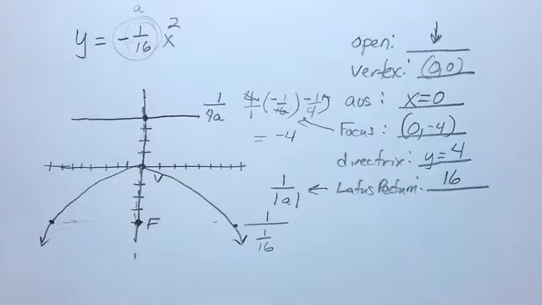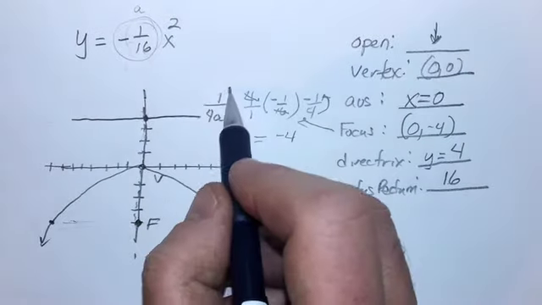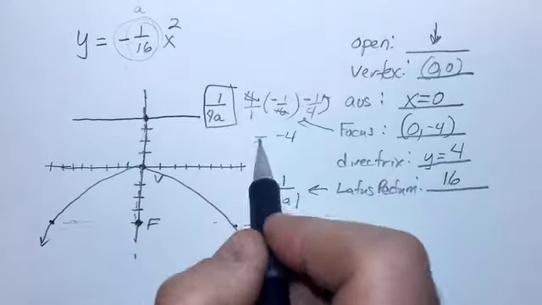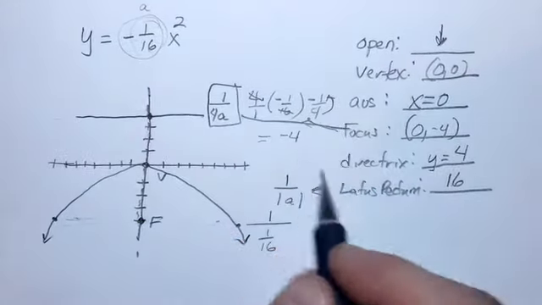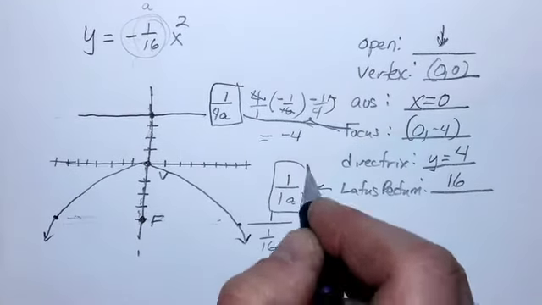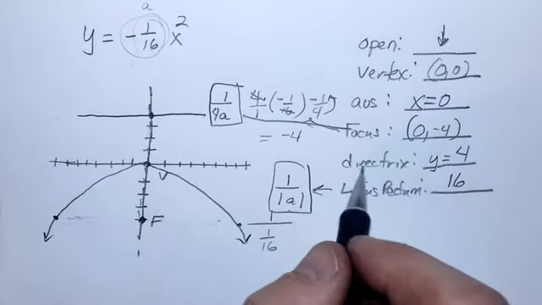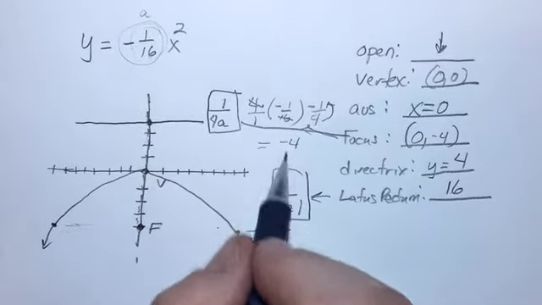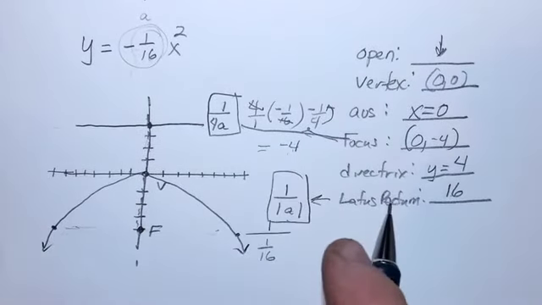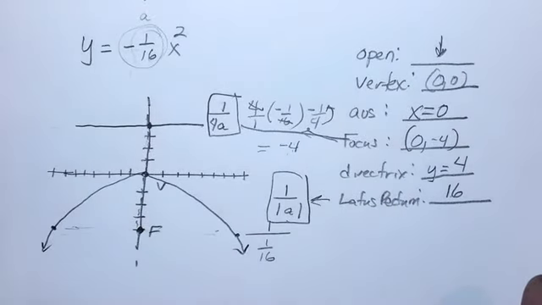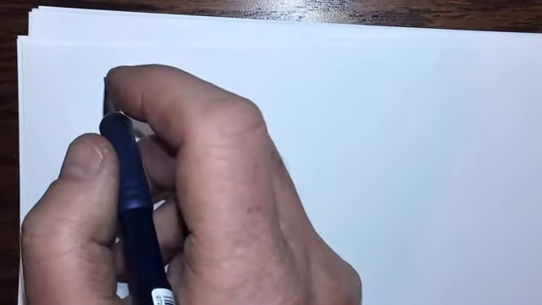All right? So again, the key to it is the focus is 1 over 4A. The latus rectum is this. And the directrix is just the opposite direction you went for this. Okay? So let's look at the one that goes sideways now. Let's take a look at x equals